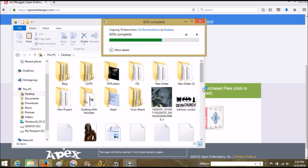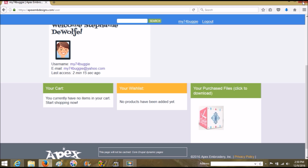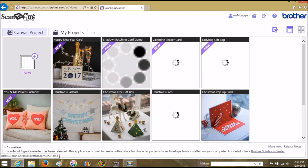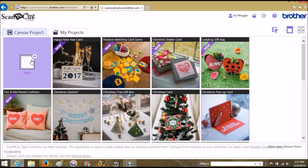And the cool thing about this font is it has the flourishes that go on the top and the sides, and that is included with the center letter. So now we're just going to click close, and we're going to go ahead and close Mozilla, and open up Internet Explorer to ScanNCut. It's the ScanNCut canvas.brother.com, and it will open up to a page with all kinds of pretty designs on it that you can do. Let's see. There's all kinds of projects. So we can go on that till later. So we're going to just click on new,